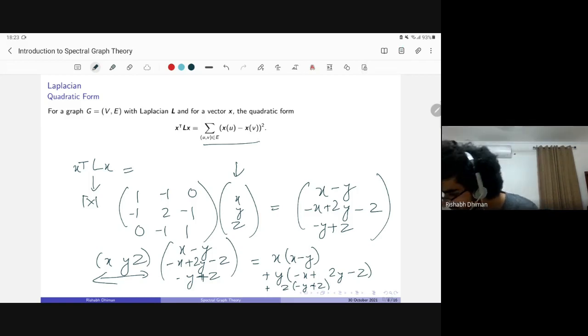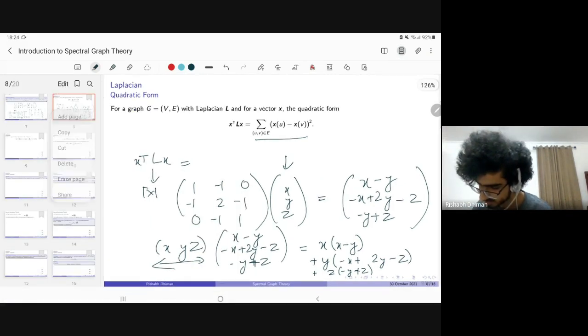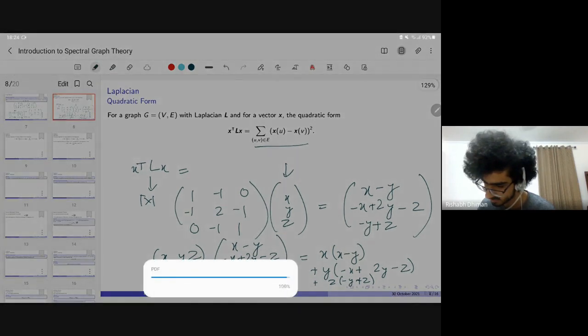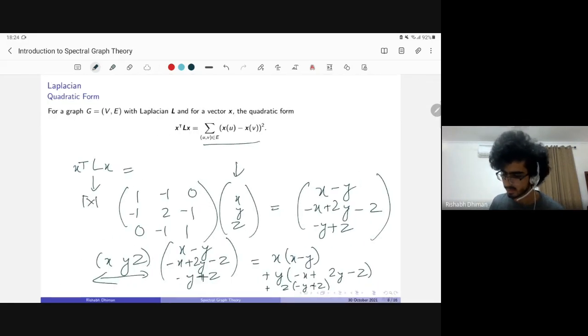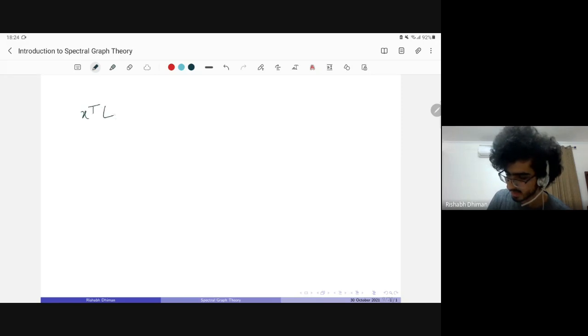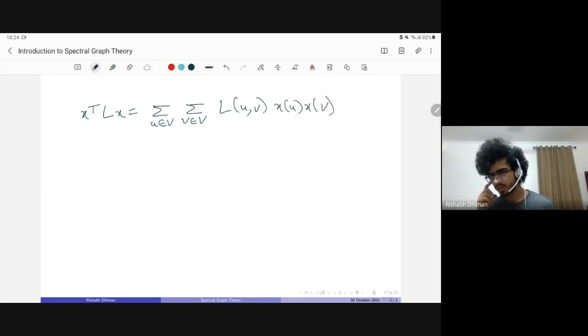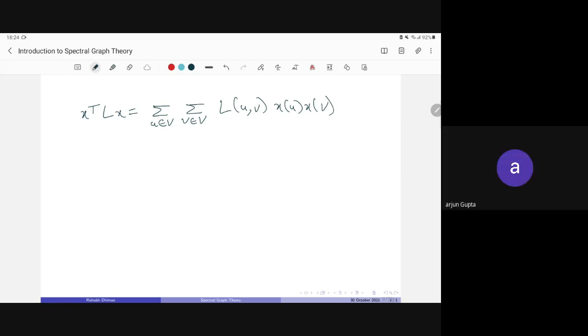I think I'll add the page in here. So coming back here, if you multiply it out, you will get that this is the summation over u and v of x_u x_v. Now, if you look at how we defined L of u comma v,